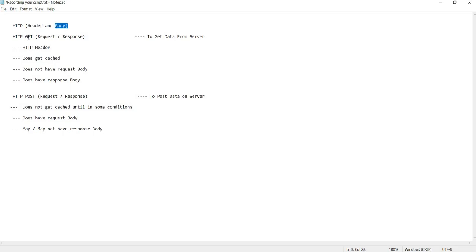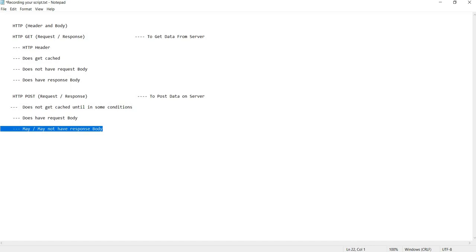The second important difference between GET and POST is that the GET request gets cached, but the POST does not get cached. Mostly, in 95% of cases, it does not get cached, but there may be a very rare chance that the server requests the browser to cache it. I have not seen this in my lifetime. Third, the POST may or may not have a body. It depends. If it is required, it can have the body, but if not required, it may not have the body. I will give you an example of this that we encountered last time.